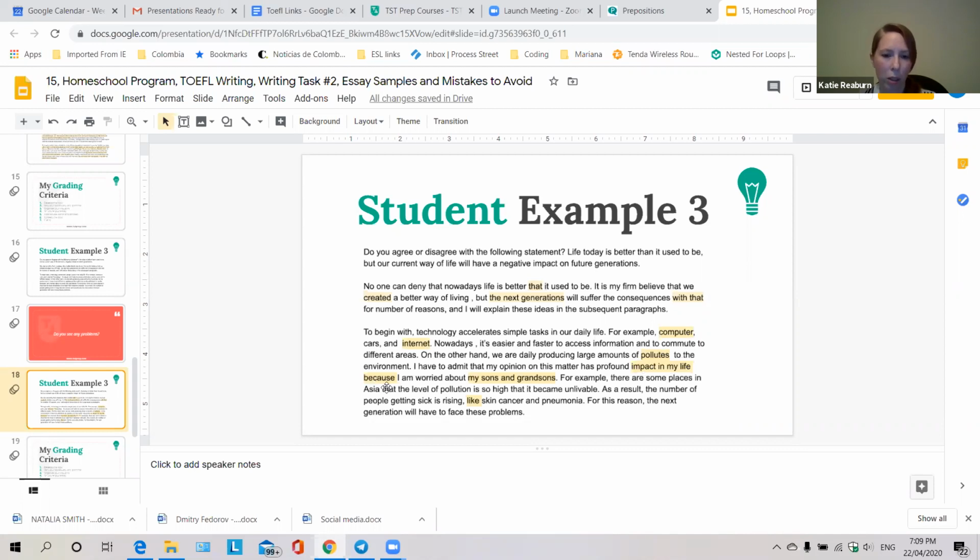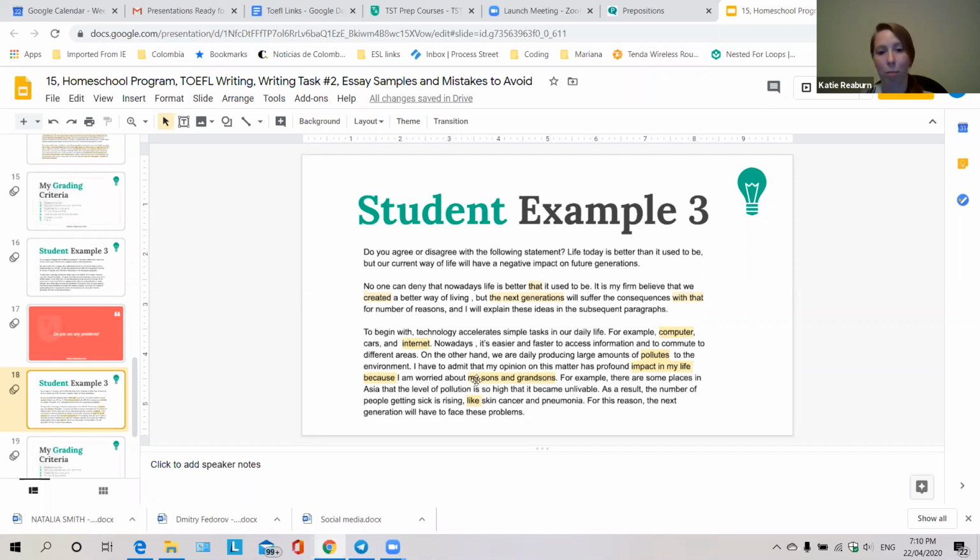My life, because. I feel like because might be here for something other than grammar, so I'm going to come back to that. Here, this is something I think I might know the nationality of, or at least the language of the person who has written this. My sons and grandsons. Now this implies that this person only cares about the male descendants in their family. They do not care about the daughters or granddaughters. So this is probably because in the first language, the general term is the male term. In English, it's not.